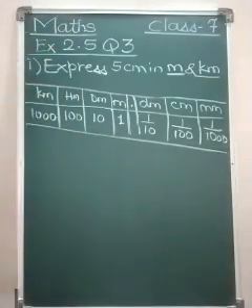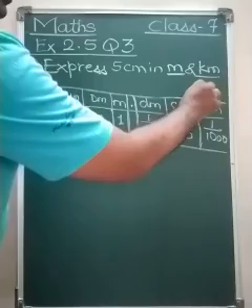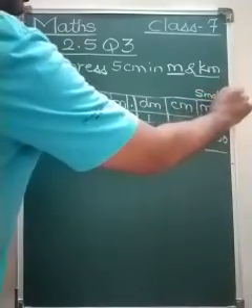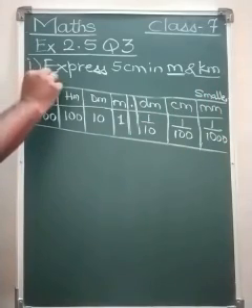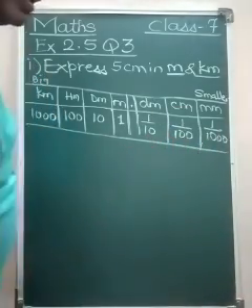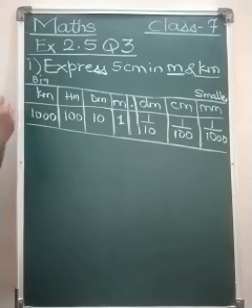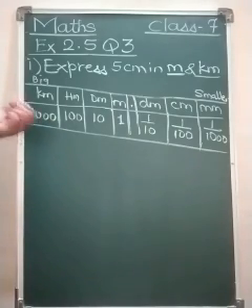So this table is very important. The right hand side is the smaller side, and the left hand side is the bigger side. So you have to keep this in mind. Decimeter, centimeter, millimeter are the smaller units, and decameter, hectometer and kilometer are the bigger units. I would request you to copy this in your book on the page where we have written the rules of addition and subtraction of integers. This is very handy. Actually this is only recalling of knowledge; you all have learnt about this in your previous classes.